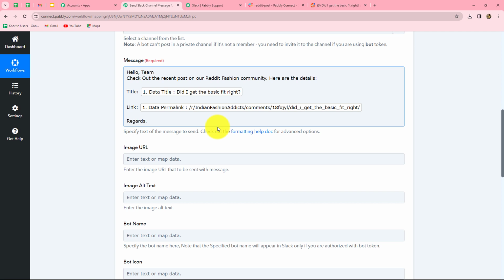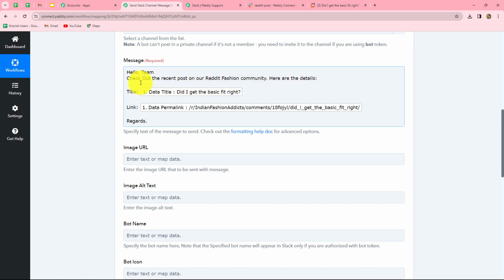But instead, if we enter it manually, then it will become static and it is not going to change with each and every response. Therefore, in order to automate the entire process, we use mapping. So here we can find that whatever data we have entered manually, that is this description of the post, is going to be same